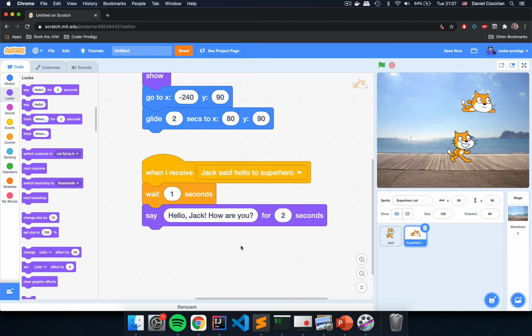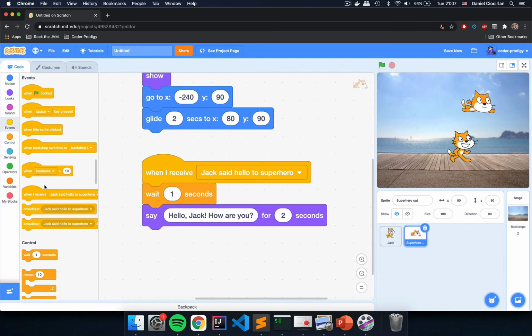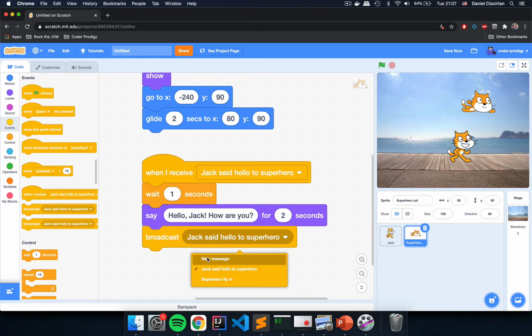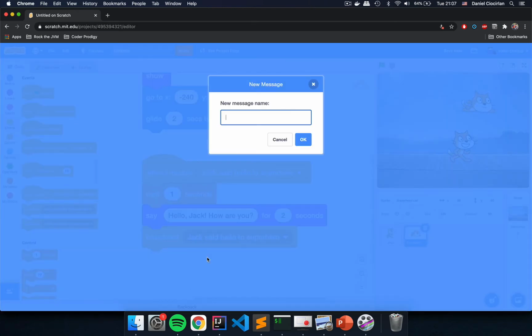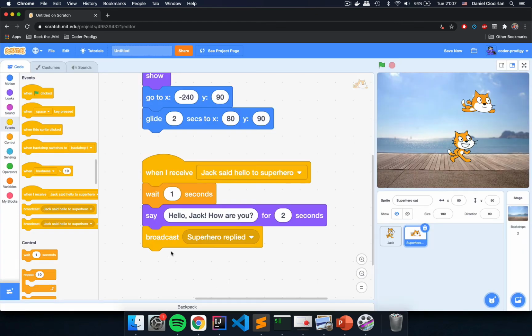All right. And after this reply is visible on the screen via speech bubble, I want to send a signal back to Jack. So I'm going to go to events, and I'm going to bring in the broadcast block, and I'm going to snap it here. And the signal will be different. I'm going to say new message, and I'm going to name this message superhero replied. Now, this message, superhero replied, will be received in the Jack sprite,